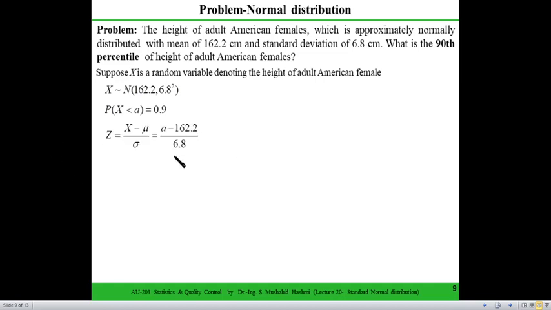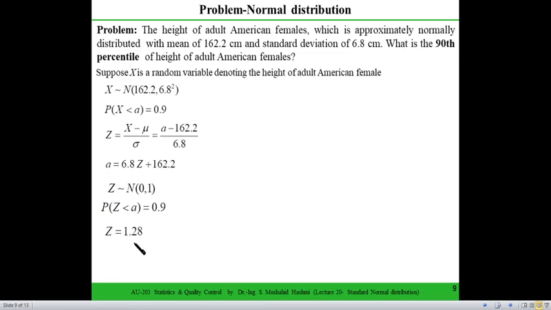So what I can do is, we have to do it manually. We can do it in Minitab as well. First transform this x variable into the z variable. Here x is unknown, and the mean and standard deviation are given. So I can transform this by multiplying z with 6.8 and adding the mean. I will be able to get the value of x, and as I know the z value for the area under the curve of 0.90, using the cumulative distribution table,